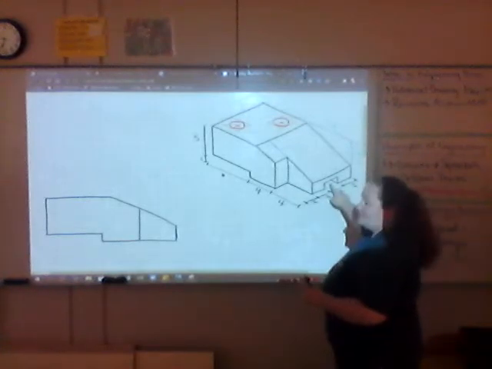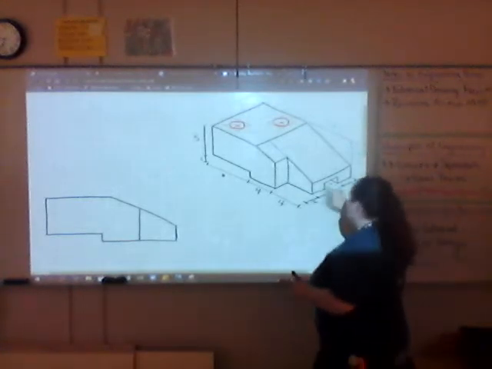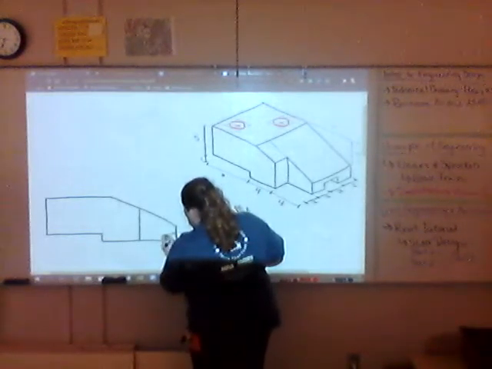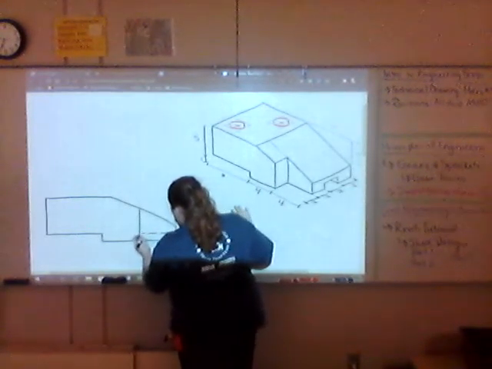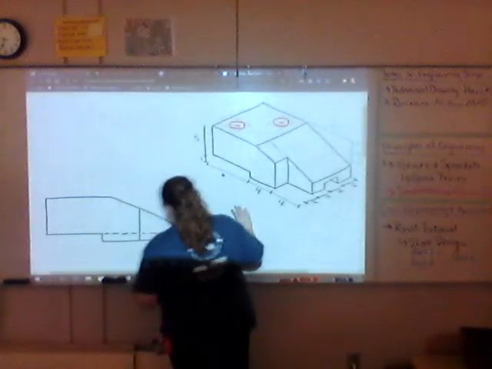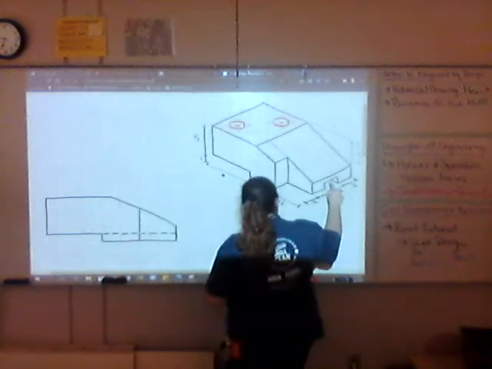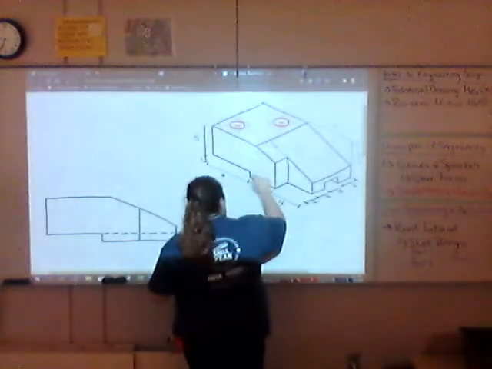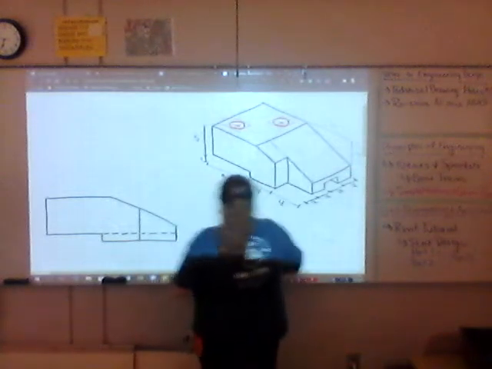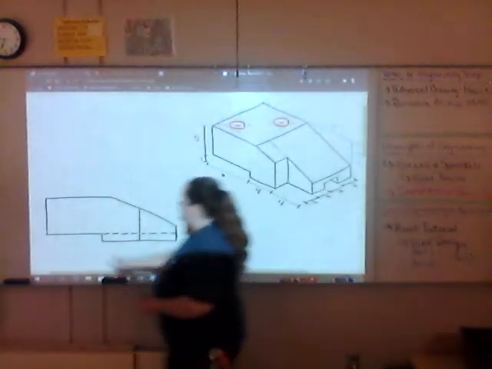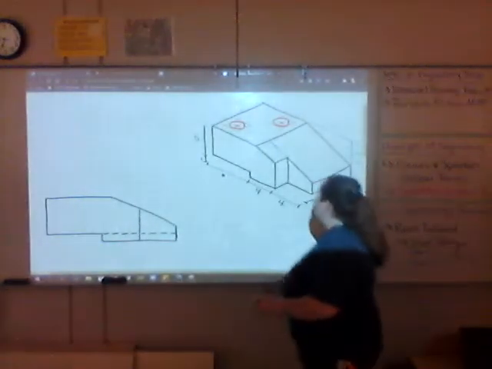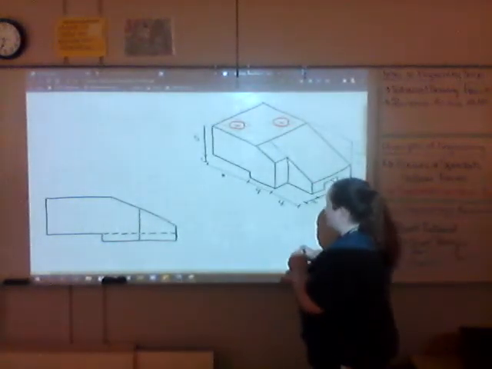Now we have to take care of this slot right here, which is one up from the very bottom. And that's going to be a hidden line all the way through, because if you remember from where it showed us the part, we had a bunch of hidden lines coming off of this, which tells me that it goes all the way to where this little plane is. And this little guy right here is a ledge all the way through, because we don't have anything drawn underneath of it. So, now we just have to draw our circles,